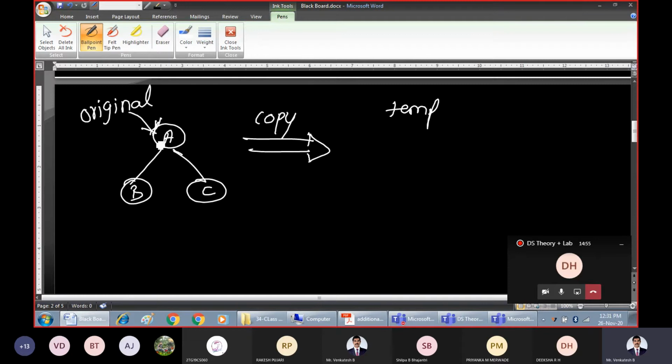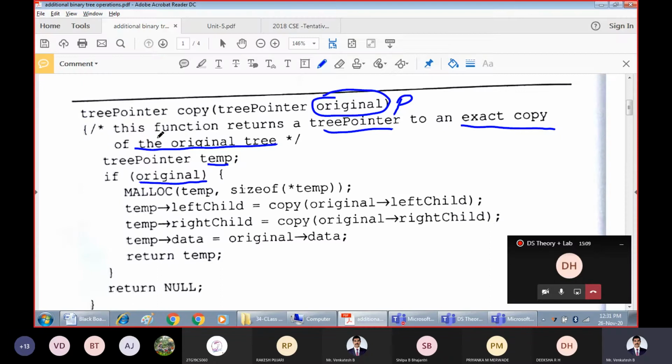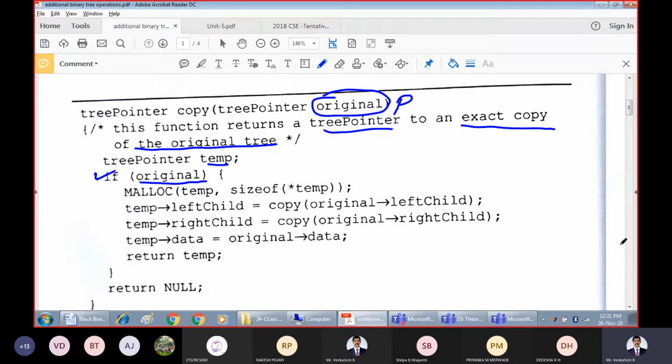Because whenever you take a Xerox copy, you need the original first. The same thing is happening: before you create the duplicate copy, you should check whether the original root is present, whether there are some nodes in the tree. If this condition is true, then only we go for creating the duplicate copy.